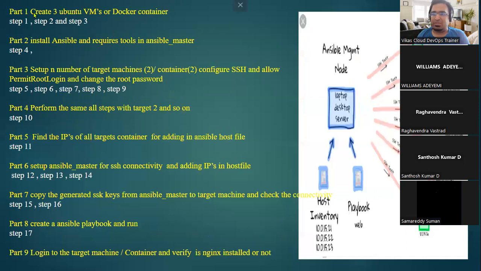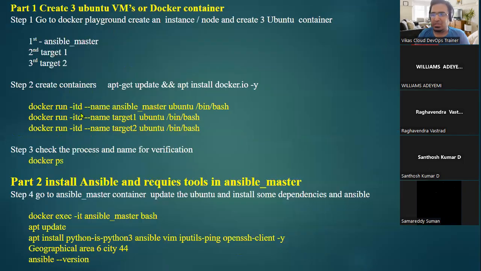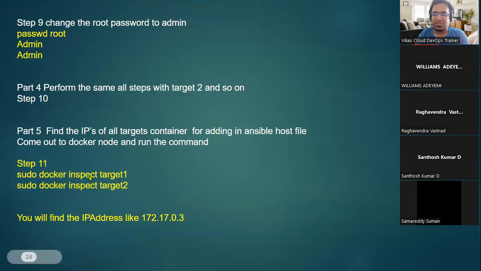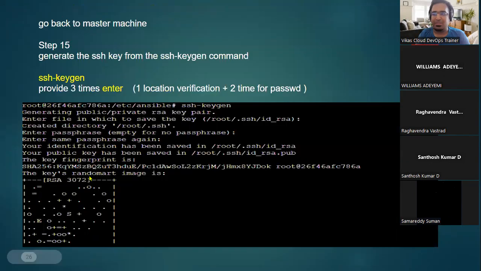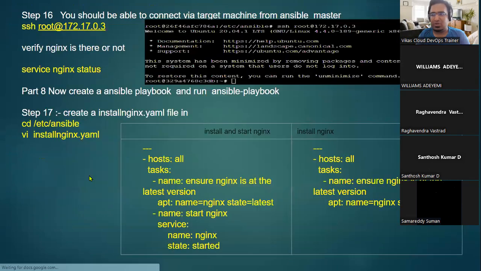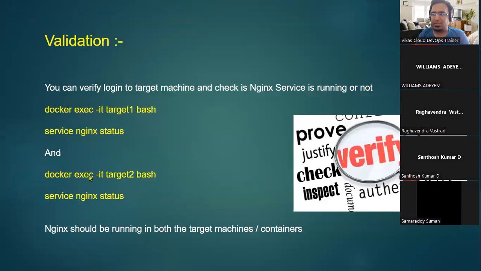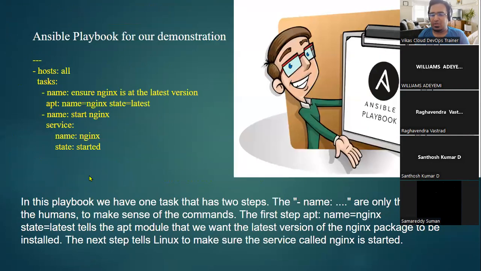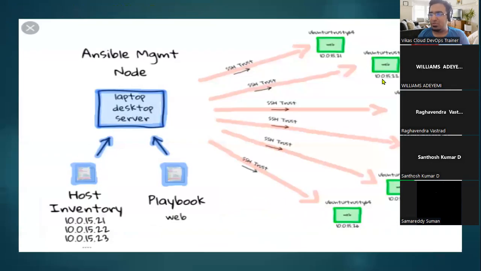I will take care of this practical with this approach. It's part 1, part 2, part 3, up to part 10, and here is all the practical step by step: step 1, step 2, up to step 7. It's a big practical. I need half an hour to do this, but it's very early at this point. You don't have to worry. With the help of Ansible, we can achieve things like this. We will develop this type of infra. You will develop the same infra in front of me in our Ansible classes.